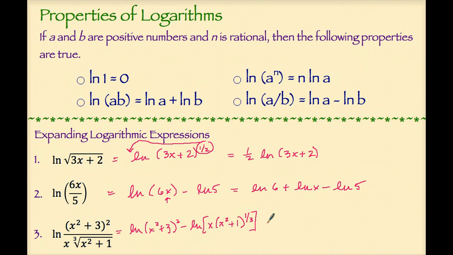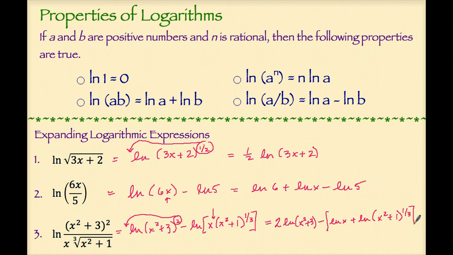Now, as I continue to simplify, I can see that in this first expression, I'll be able to use the exponent rule and bring that around to become a coefficient. So this will be 2 natural log of x squared plus 3, and then minus, I'm going to do simplification here using the product property, separating this product into two logarithmic expressions. But the negative that I have here will need to be distributed to both of those expressions. So this will be natural log of x, and then plus natural log of (x squared plus 1) to the